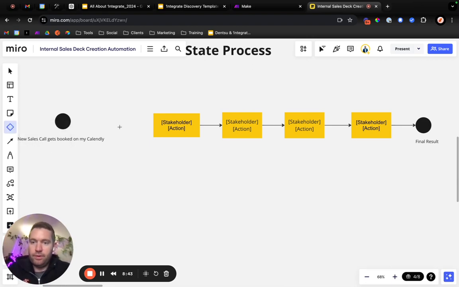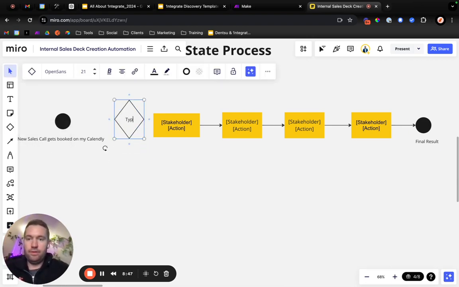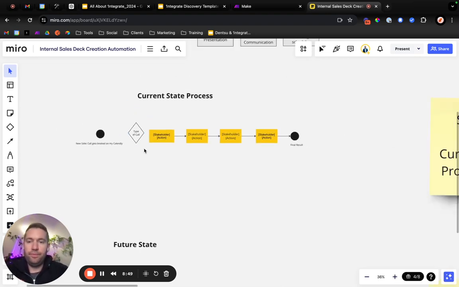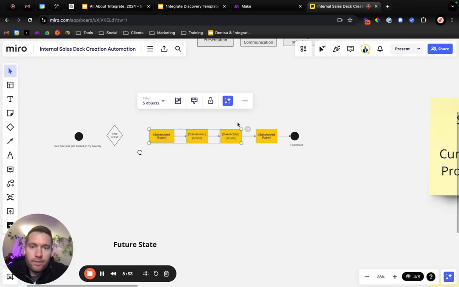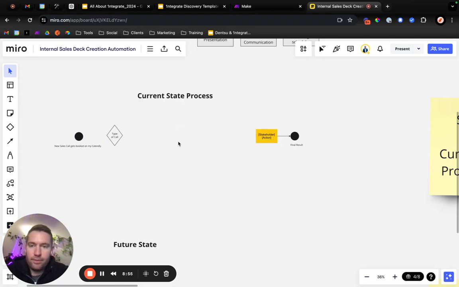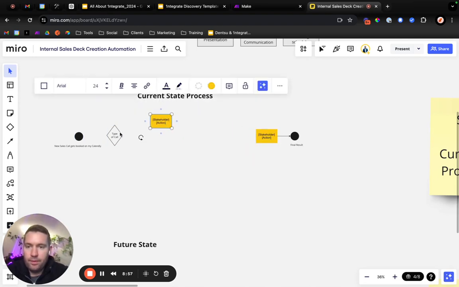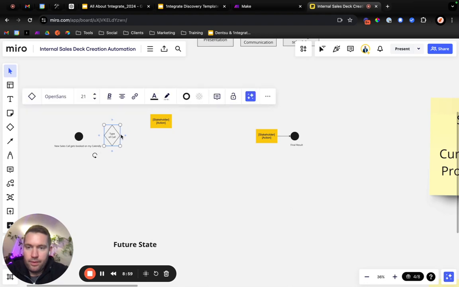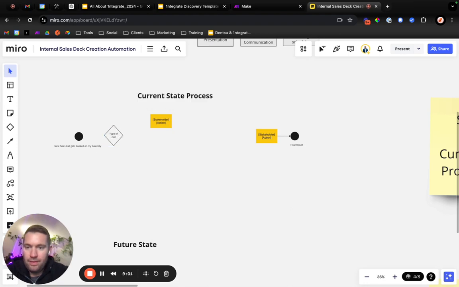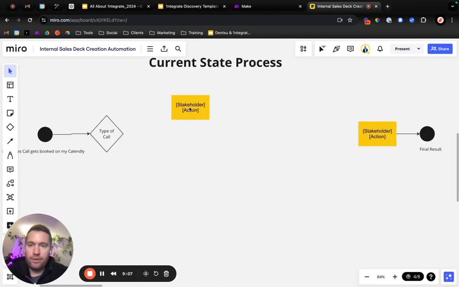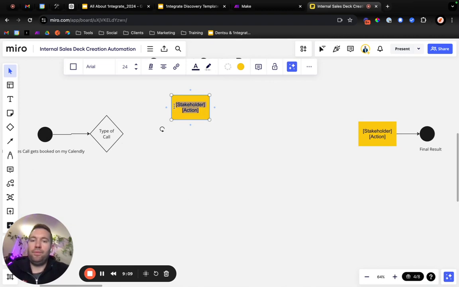So I actually want to use one of these because there's going to be different types of calls. So type of call. I'll just throw away most of these for now. And I am using BPMN, business process mapping notation, somewhat, kind of. Okay, so this would be like,